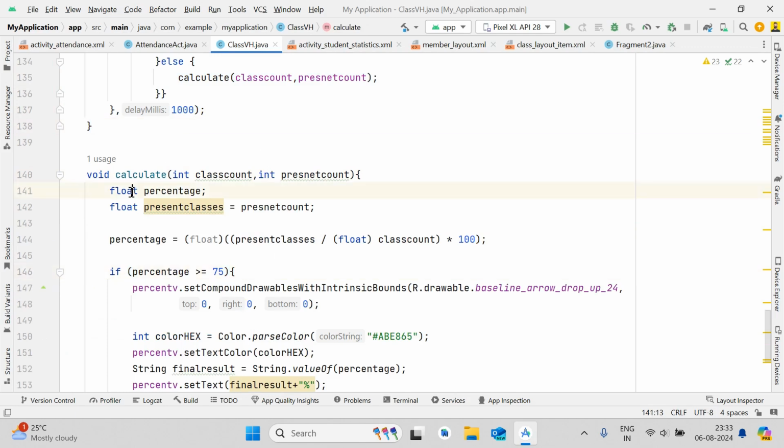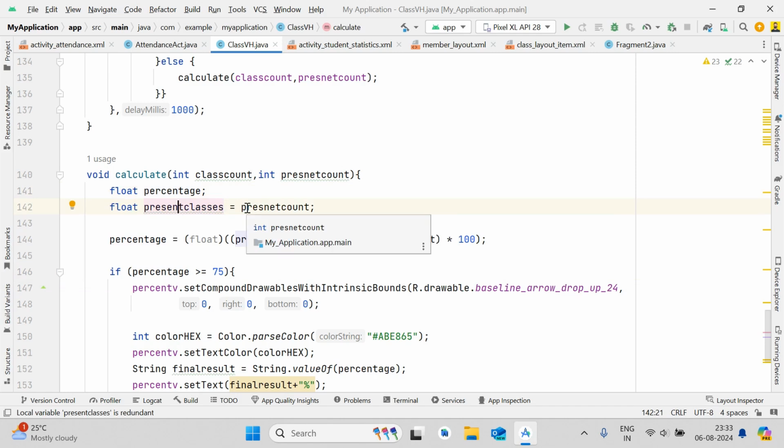Very first of all, create float percentage, float present class equals present count. Okay, that's all we have to do. We are converting integer into float, so we can do the operation. So very first of all, write present percentage, then present class slash float class count multiply by 100, and